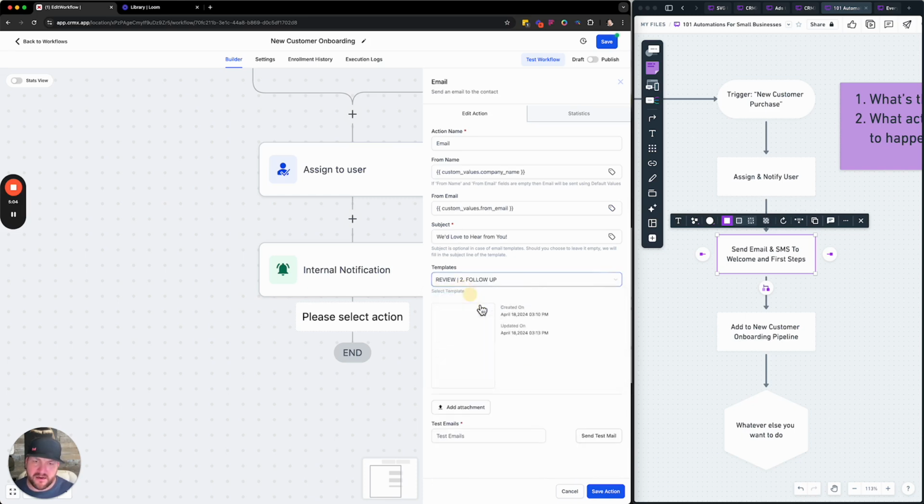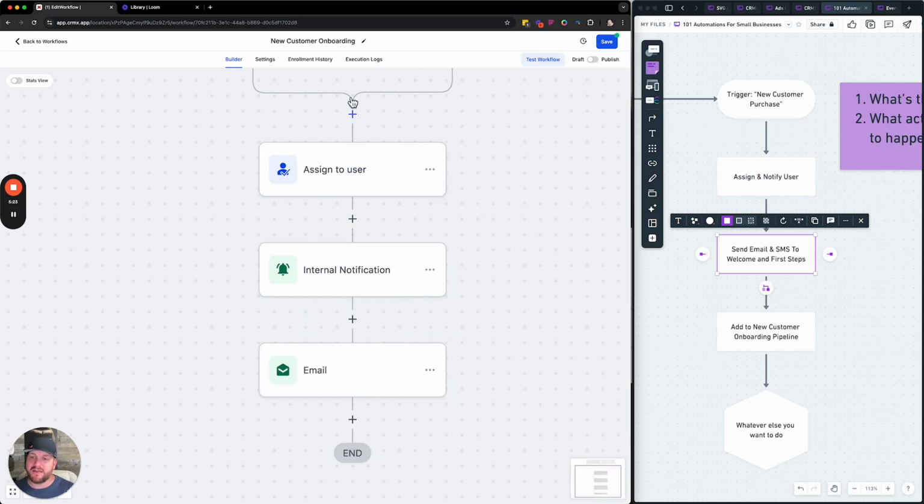right here. I would click it and it's going to load that template like this, right? So it's already pre-written. You could just write a basic text email as well, but let's just pretend this is it. It's already pre-written. I got my email subject lines here, the emails here, or the from, everything, all the details are here. I say save. Cool. So now I have they're assigned and notified as a user, plus I emailed the customer,